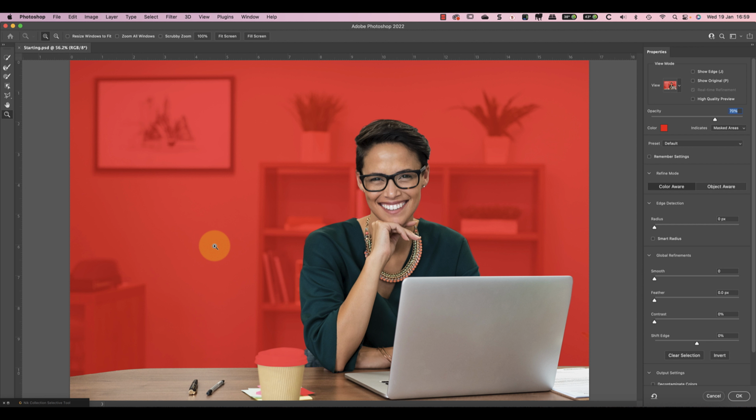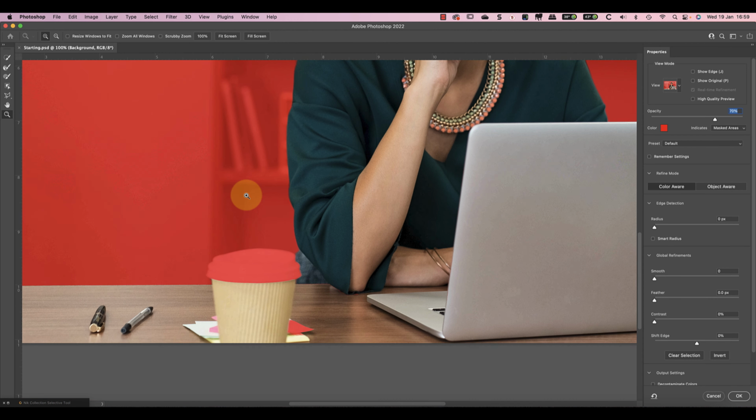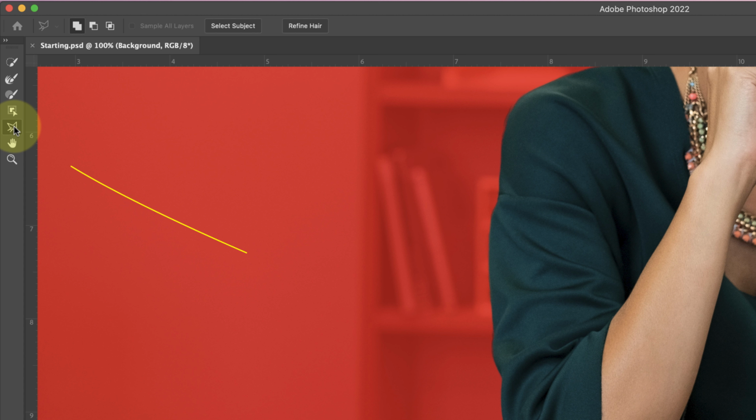a YouTube thumbnail. Let's zoom in with the magnifier tool to check the edges of the selection for more detailed problems. I'll use this to show you a couple of tools that you might want to use. Let's start by cutting off the top of the cup so that it will be easier to remove later. Because the desk has a straight edge, I can use the Polygon Lasso tool. This is great for drawing a straight edge between 2 points.